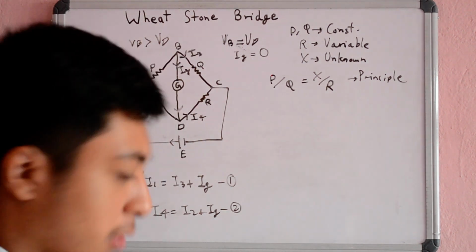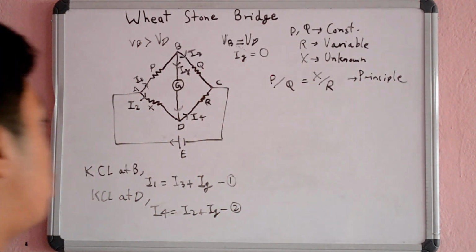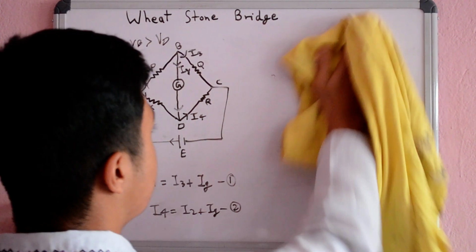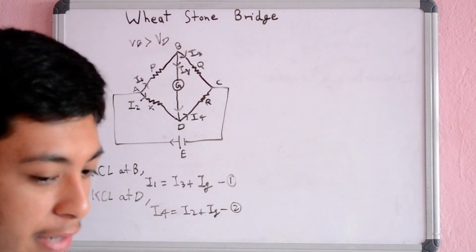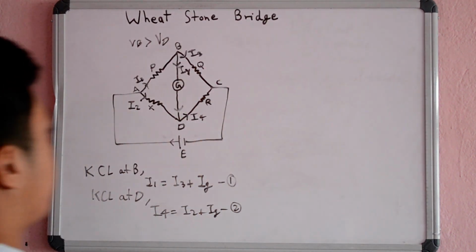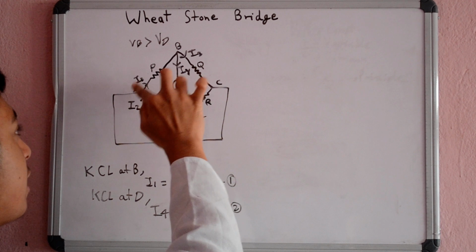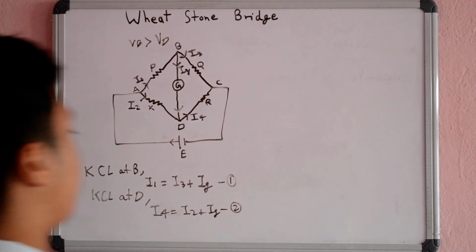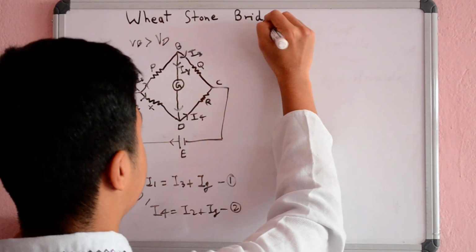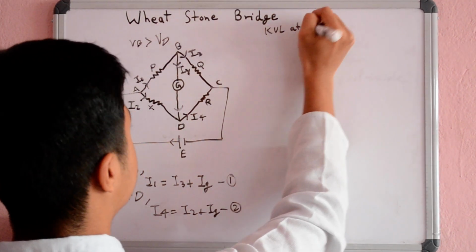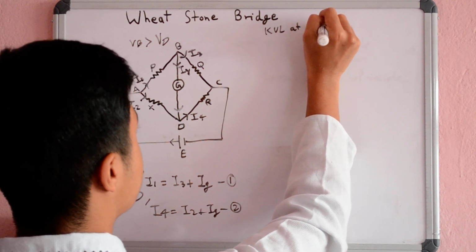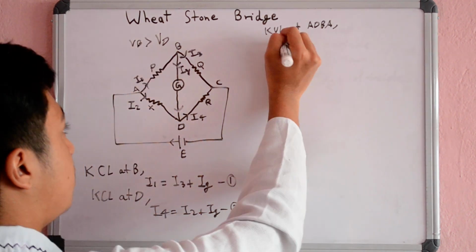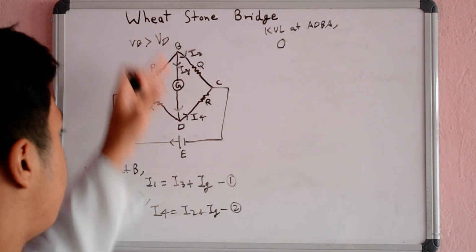And here we can now use Kirchhoff's second law on the two loops. Now in this figure there are 3 loops, but we only have to take 2 loops to derive the relation. So here let's take this loop ADBA, and another, let's take the other half BDCB. So using KVL for ADBA, here the EMF for this loop is in fact 0 because there is no EMF in ADBA,